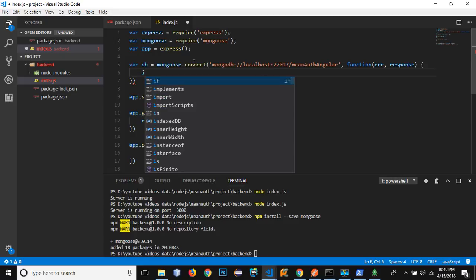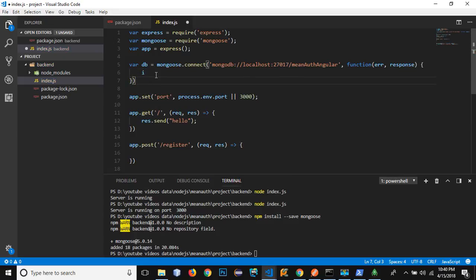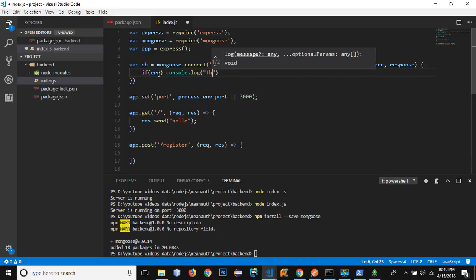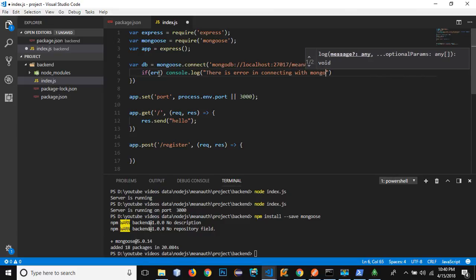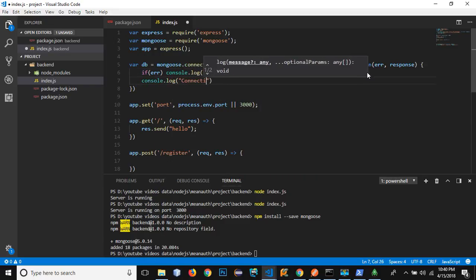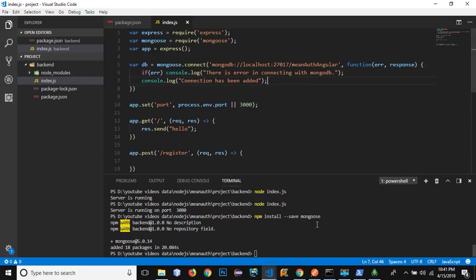Okay, and here I can see if there is an error connecting with MongoDB. If there is no error, we can simply show a message that the connection has been added. Okay, now let's run node index.js,